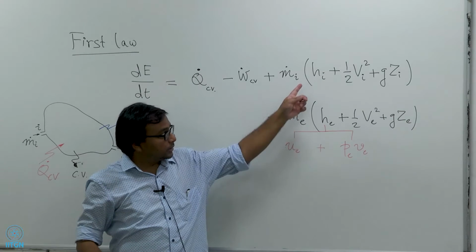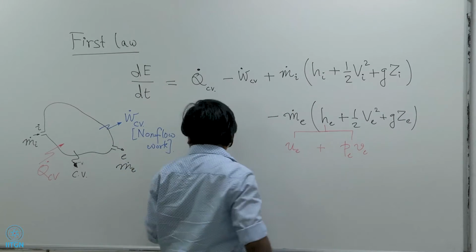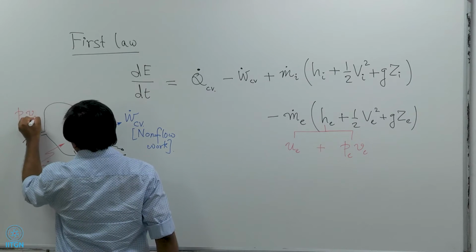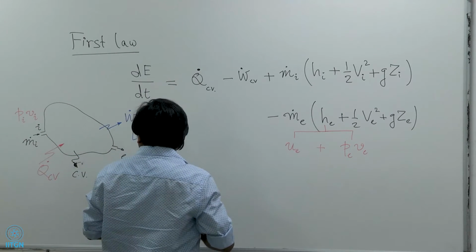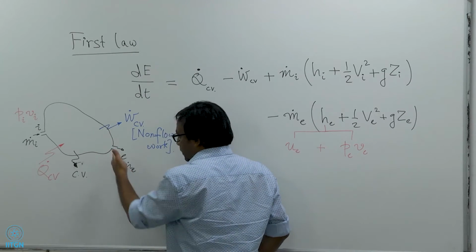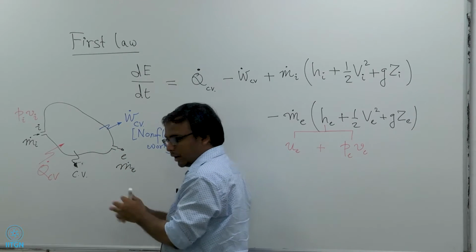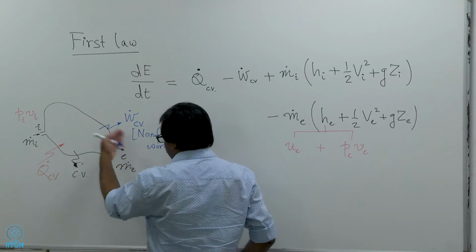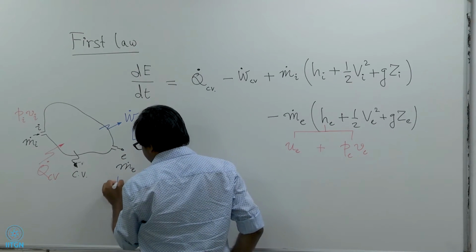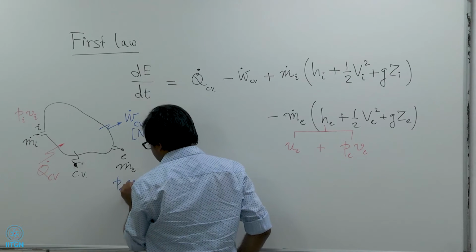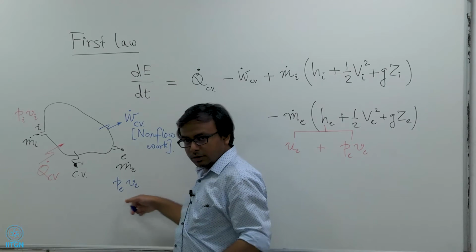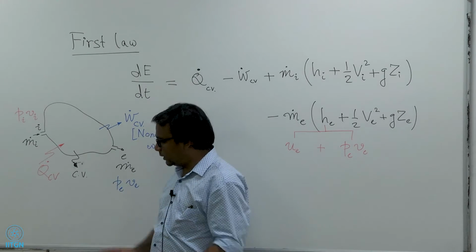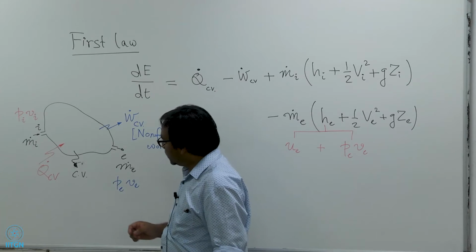So, that work is taken care of, and that work has an expression like P inlet times small v inlet, and here at the exit, because the control volume is pushing the fluid out, it is doing some work on the surroundings, that is on the outside, and that we can write as P exit small v exit. We have seen that this is how flow work looks. This is the rate at which you have to do work to sustain the flow. This is something that we have derived.